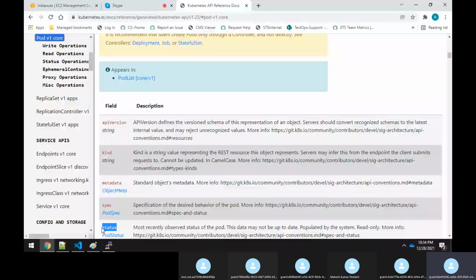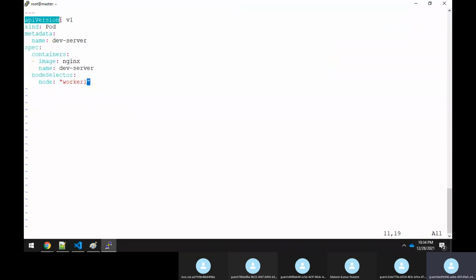Now say, okay, Rajesh, I want to write. See apiVersion, you have to put a colon. So what is the version over here? See, v1. v1 is the version, so you have to put v1. We can even put it like this, sir.